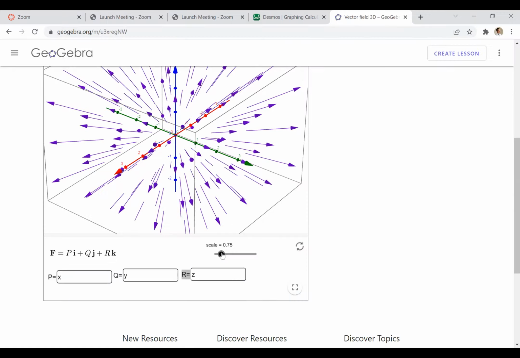A vector field is said to be conservative on the region E in R3 if there exists a scalar function f(x, y, z) so that